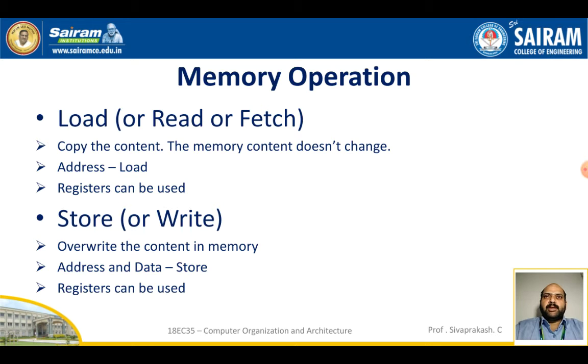First, the processor sends the address of the memory location where it wants to store the data. Second, the processor issues a signal called the write signal to the memory to store the data. Third, the content of the register, which is in the memory data register, is written into the specified memory location where we want to store. These are the steps of operation in storing data. Finally, the memory location where the data is stored is overwritten, so that the new data is present in that particular area.